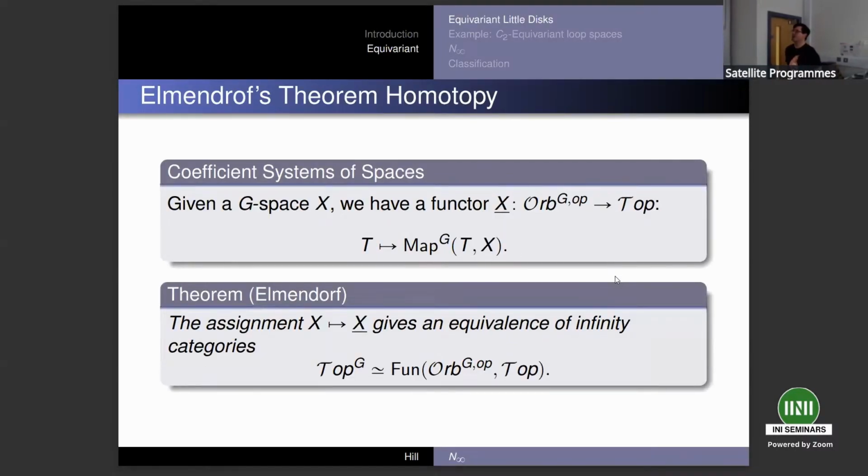Okay, so I want to switch now to think about things in equivariant homotopy a little more. And so I want to start with Elmendorf's theorem because it's one of those theorems that I've grown to appreciate more and more as I continue in this field. This also gives me a chance to introduce the notion of a coefficient system. And normally when people talk about this, if you read the Alaska notes, they only talk about coefficient systems of abelian groups. But really, it's kind of the fundamental object that you want to consider when thinking about equivariant homotopy.